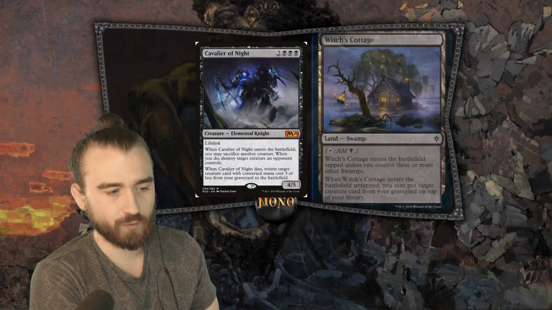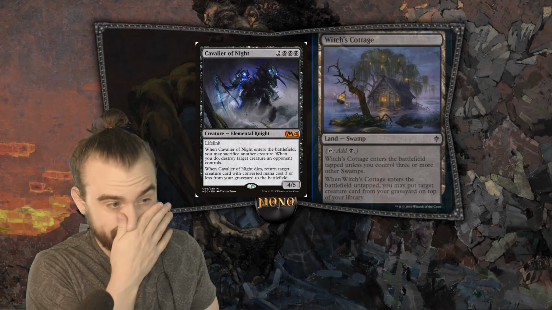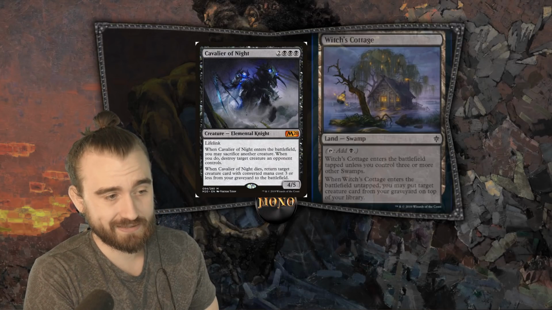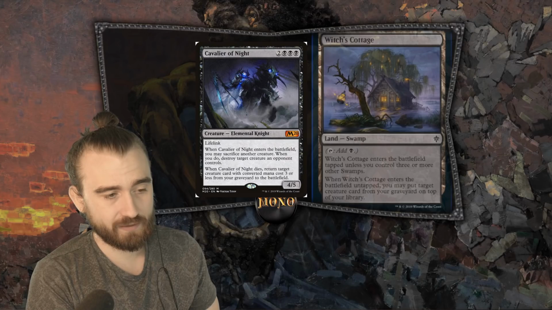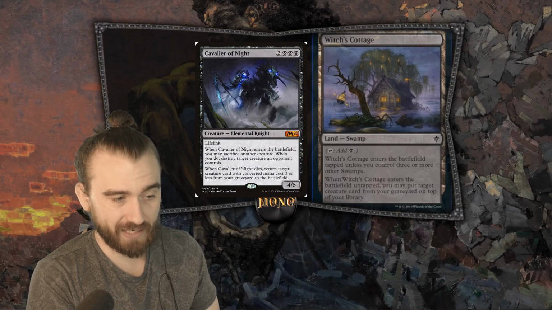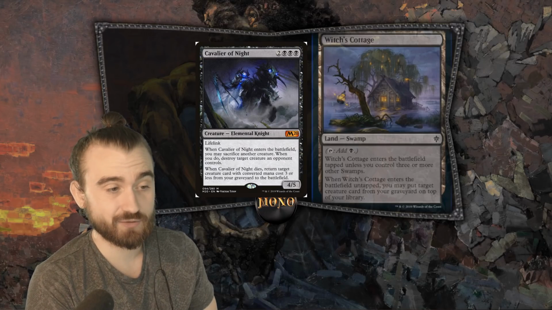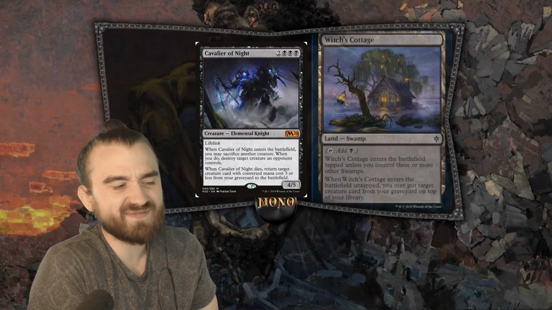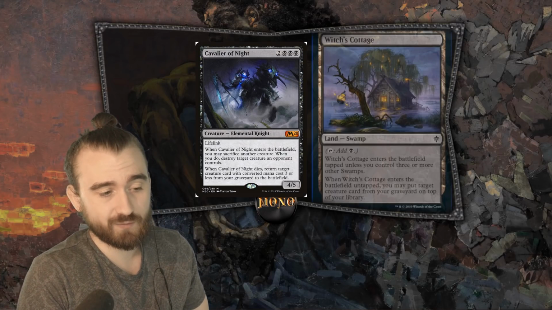You need 3 or more other swamps before this starts working, so it's going to be on your turn 4, turn 5, right? So you put down the Cavalier of Night, you drop down your Witch's Cottage, and then whatever you killed, which you might want back, you return, or when your Cavalier of Night eventually dies, you return your Cavalier of Night with Witch's Cottage. I mean, it's very, very late game, but it synergizes super well with Cavalier of Night, which I think is